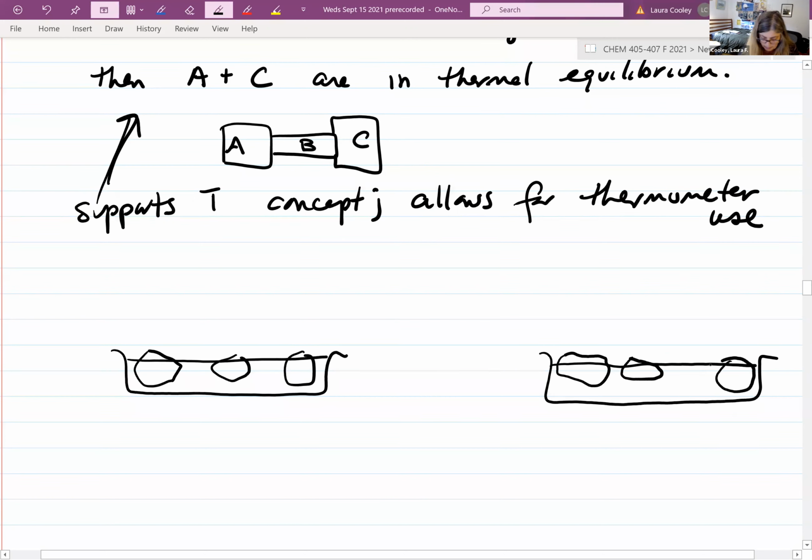Okay, so this one I'm going to call A, and this one I'm going to call C. All right, now, place thermometer. Thermometer is object B, okay? Place thermometer, which is B,